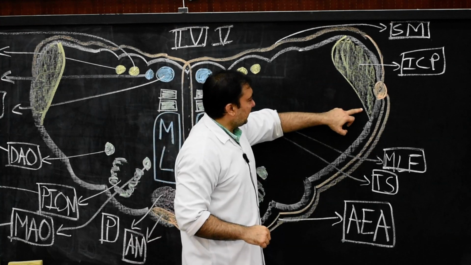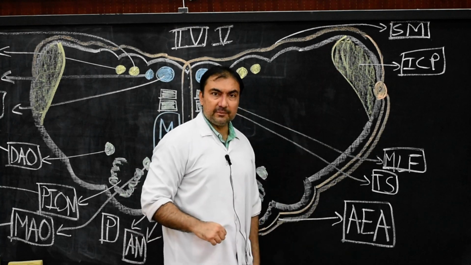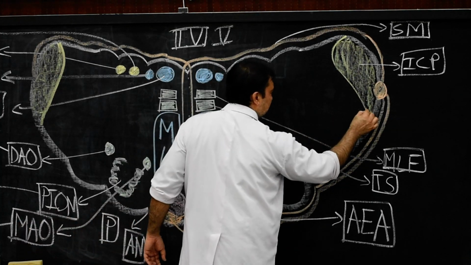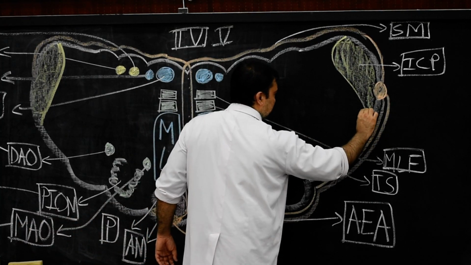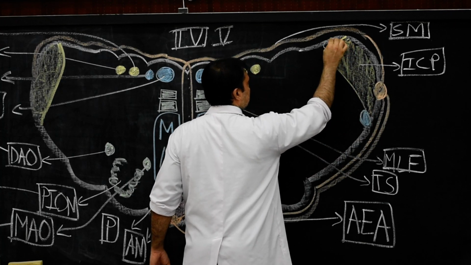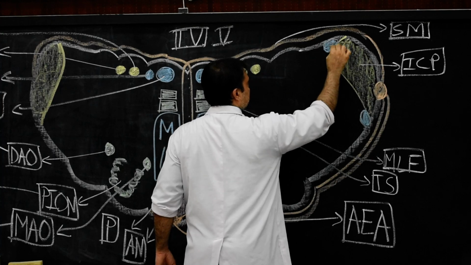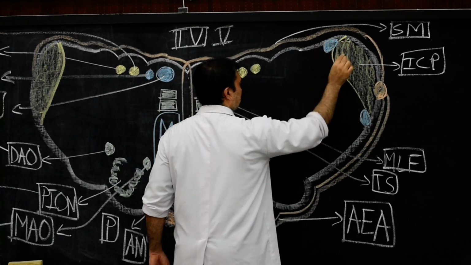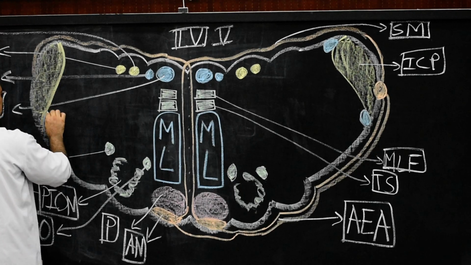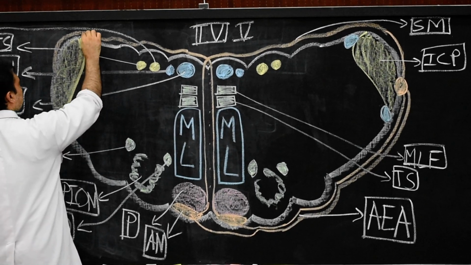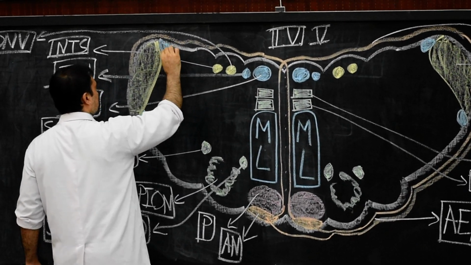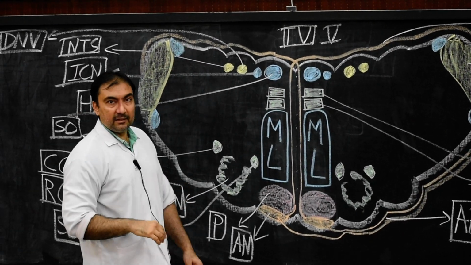Now, on the ventral and dorsal margin of the inferior cerebellar peduncle, two nuclei we have to show. See here, this is the ventral cochlear nuclei, and here this will be the dorsal cochlear nuclei. These two nuclei we have to draw. Once again, on the ventral margin, the ventral cochlear nuclei, and on the dorsal margin here, the dorsal cochlear nuclei.